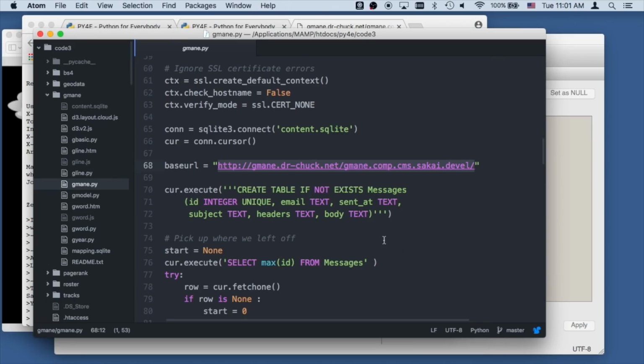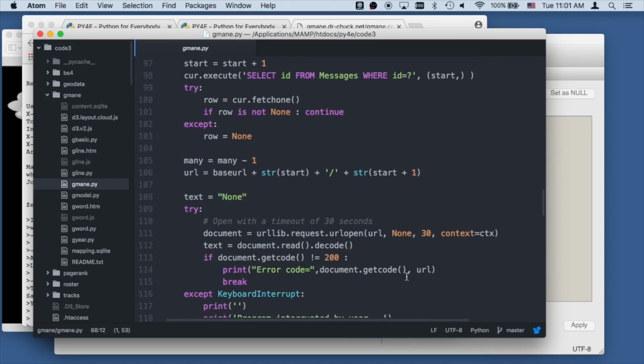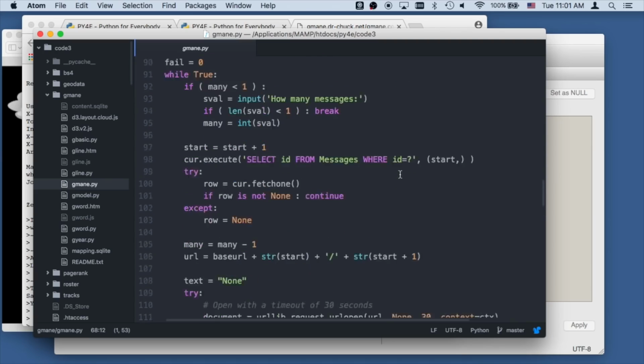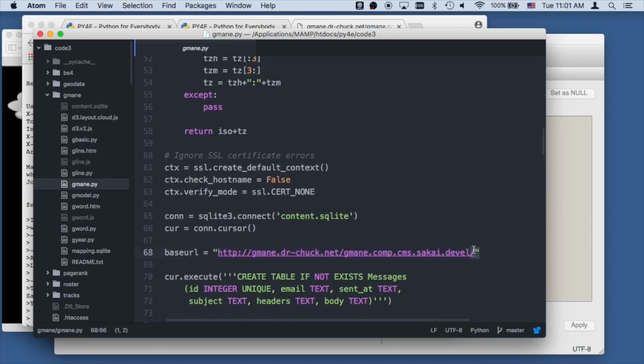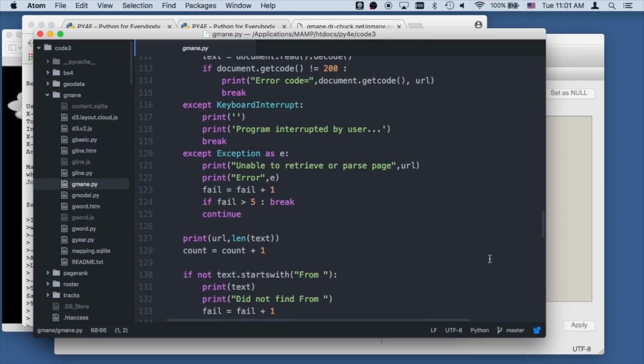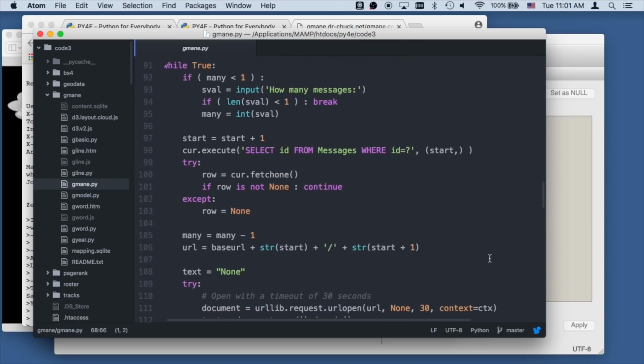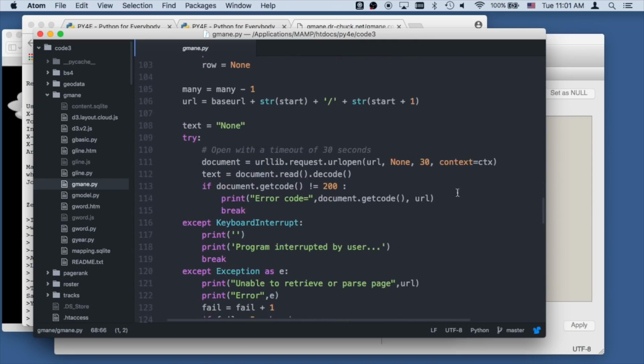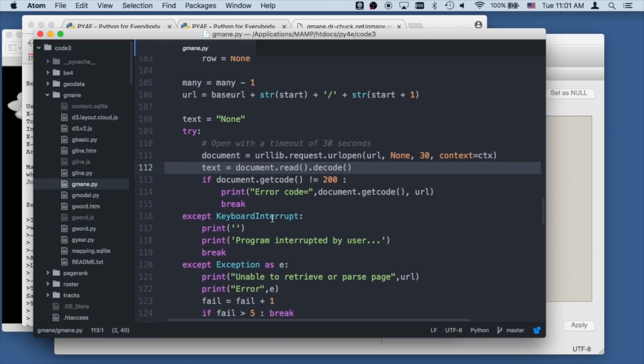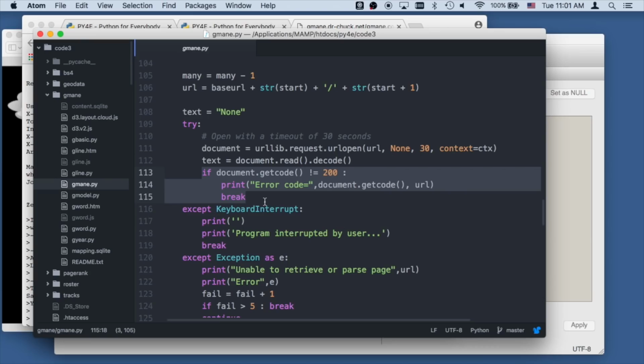So that's the message ID. And if we're going to make the URL, we're going to take the base URL, add the starting address, and then add +1. So we've got the slash at the end of the starting address, and that's how we form those. And we're going to retrieve that, and we're going to decode it. And we've seen this in some other ones. We're going to check to see if we got legit data. If not, if I got a 404 not found or something else,